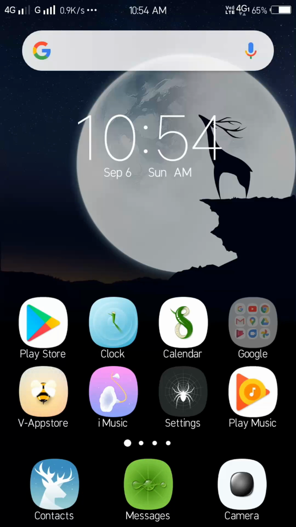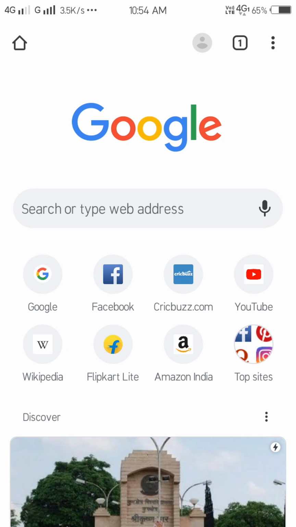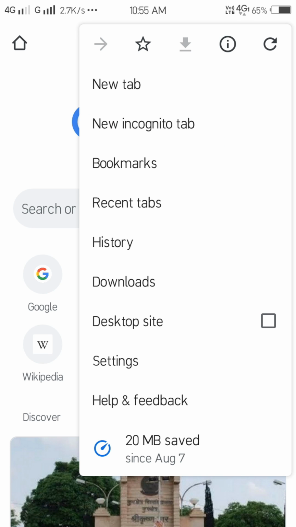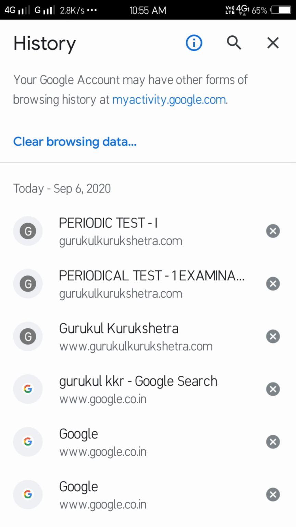Second method, click on the Chrome browser and open it. Here in the right top corner you have three dots. Just click here and opt for the history option. After that, click on the clear browsing data option.